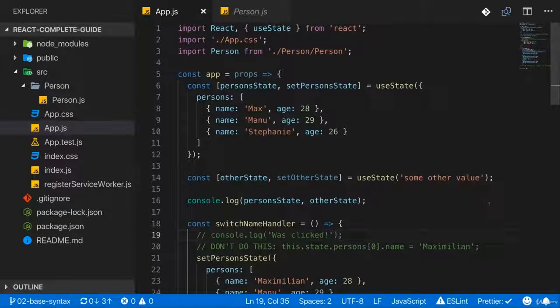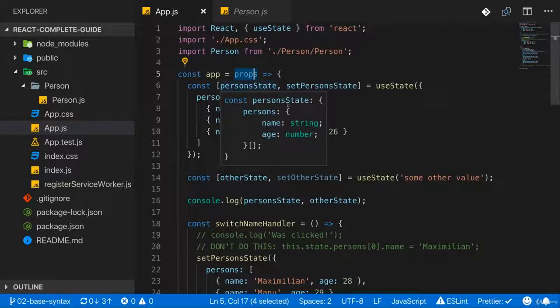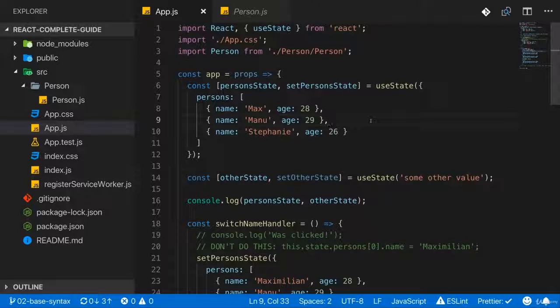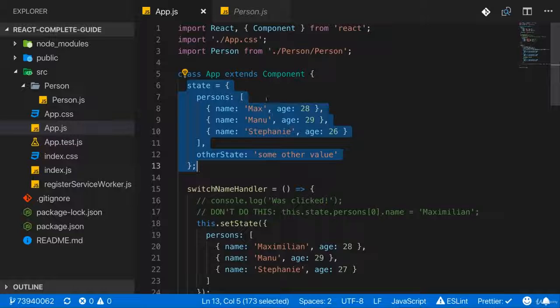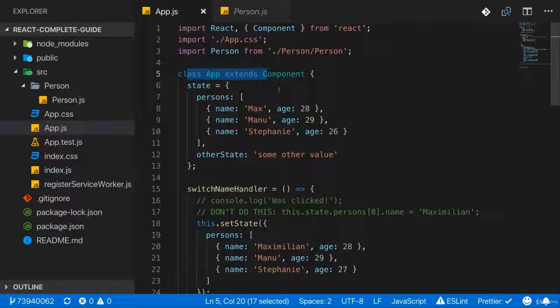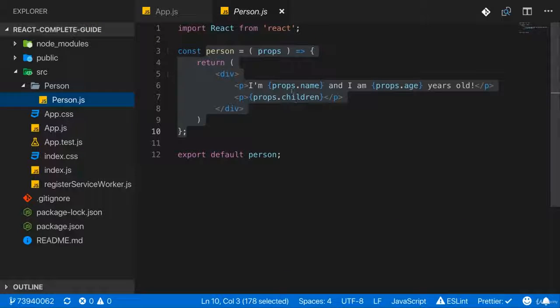In the last lectures, we learned a lot about state and props. And you learned that every component receives props, and that since React 16.8, you can also manage state in every component. Prior to that version, you could only manage state in class-based components. Now, either way, no matter if you're creating a component with the class keyword or as a functional component,